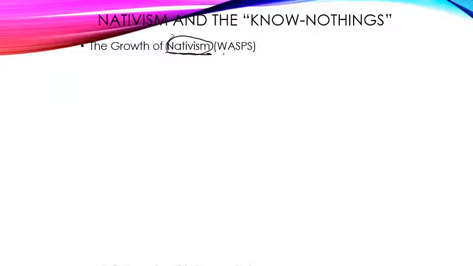This gives birth to the concept of WASPs or WASPism. And what WASP stands for is White Anglo-Saxon Protestant. We hear WASP often associated with groups like the Ku Klux Klan, because basically the Klan is essentially against anybody who is not a white Anglo-Saxon Protestant. In other words, somebody white from England. These people don't like Catholics. They don't like people from minority race groups. They don't like anybody who didn't come from here.